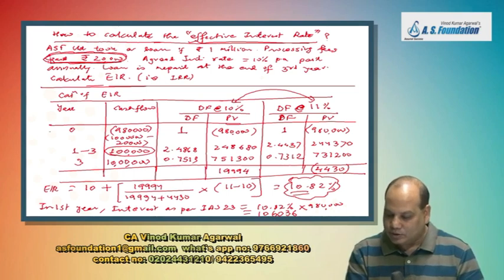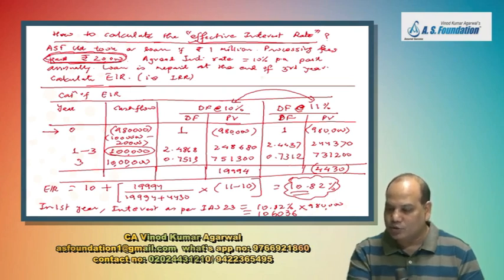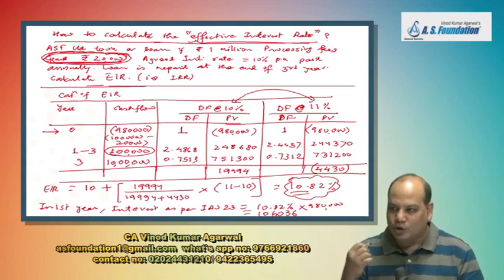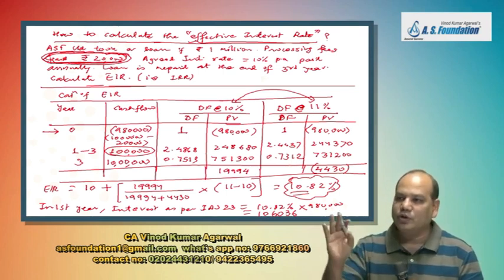Is it right? First, in year 0, you write whatever cash inflow or outflow that has taken place, taking into account any other discount, premium, processing fees, legal fees, etc. You can either do the calculation from lender's point of view or from borrower's point of view, because the answer will be the same, whichever way you are comfortable.